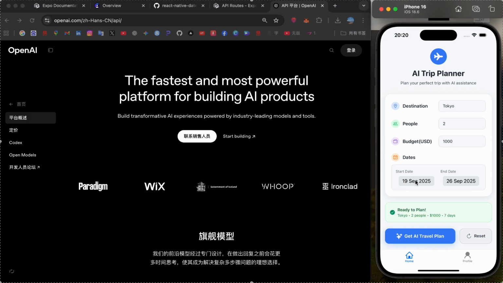We also have a complete sign up and sign in system powered by Clerk, which makes authentication easy and secure. Now, here is where the fun begins. Once you logged in, you can enter your destination,